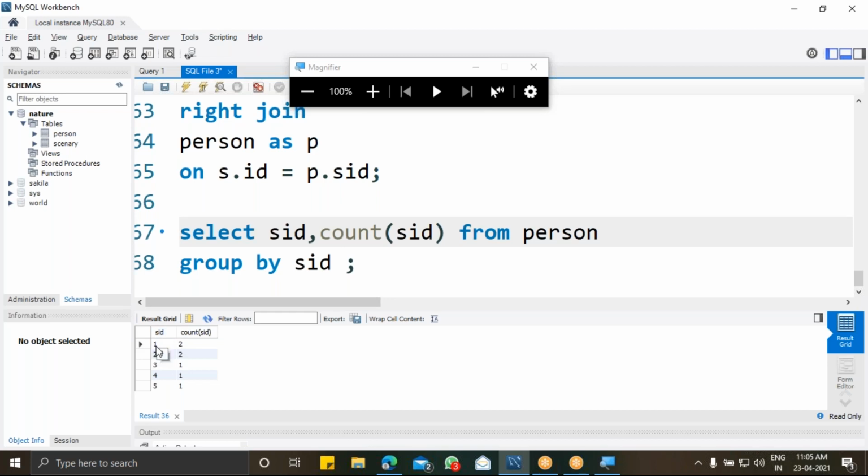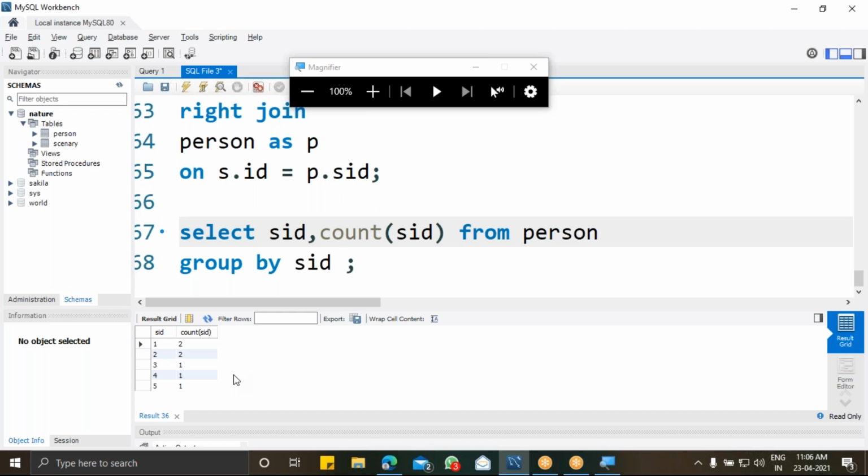Scenery ID 1 is visited by two persons. Scenery ID 2 is visited by two persons. Scenery ID 3 is visited by one person. Scenery ID 4 is visited by one person. Scenery ID 5 is visited by one person. To do manipulations, I can do this. Group by will categorize or group the data based on the field values that are available.